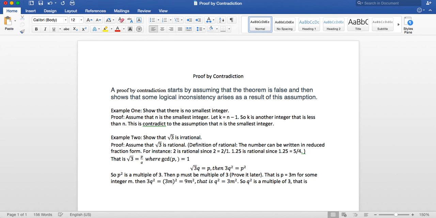That is, q will equal 3n for some integer n. Now, notice p is a multiple of 3, and q is a multiple of 3. So the greatest common divisor of p and q is at least 3, because they both have 3 as a factor, right? So GCD of p, q is at least 3. Or you can say 3 is a common factor of p and q, which contradicts